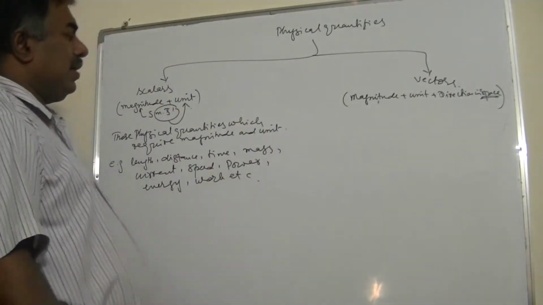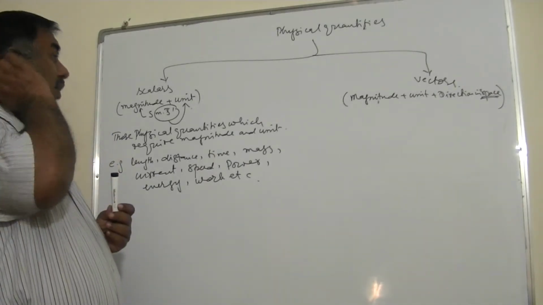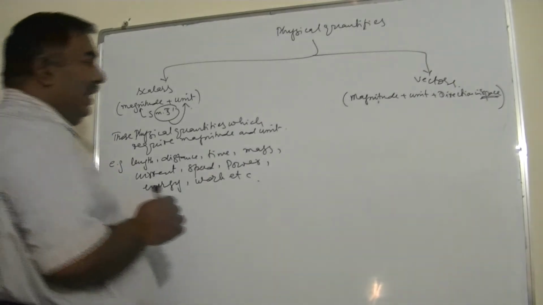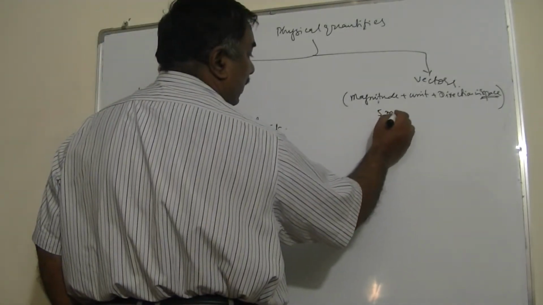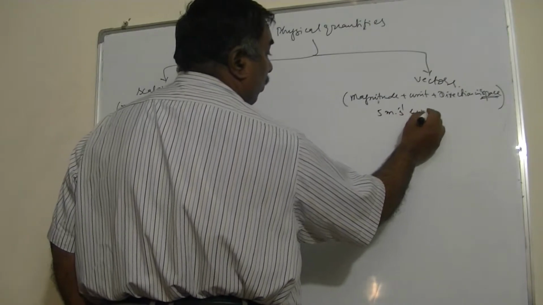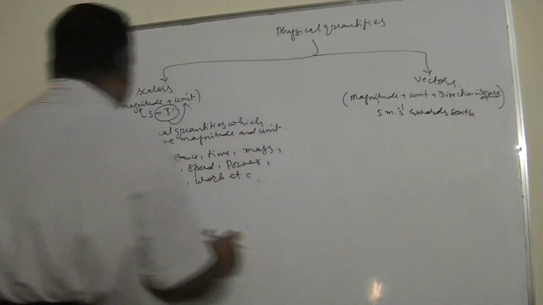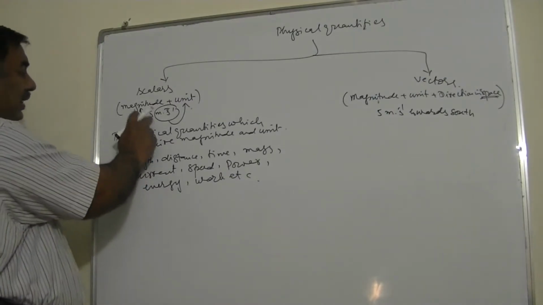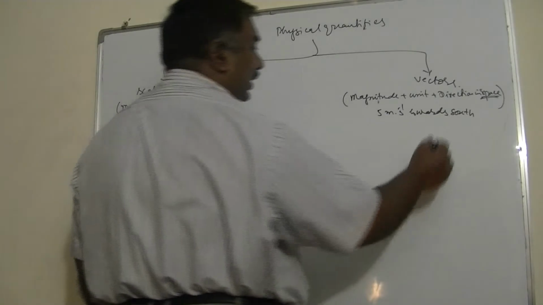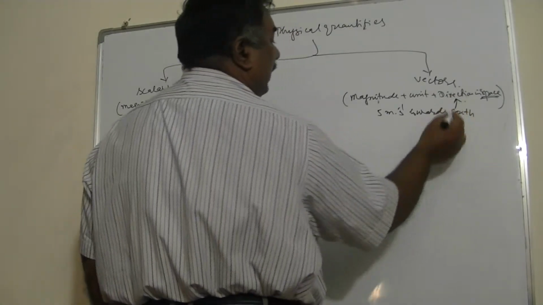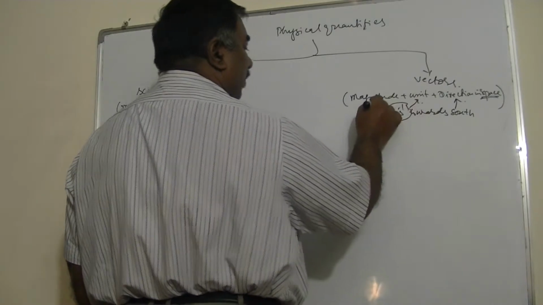Similarly, the current. Current is another quantity which has a direction, but that direction is not in space, so that is not a vector quantity. Suppose I say it is 5 meters per second towards south. Now this is clearly velocity. Here 5 meters per second alone is just the speed. But 5 meters per second towards south is the velocity because it has a direction in space. This meter per second is the unit and this 5 is the magnitude.